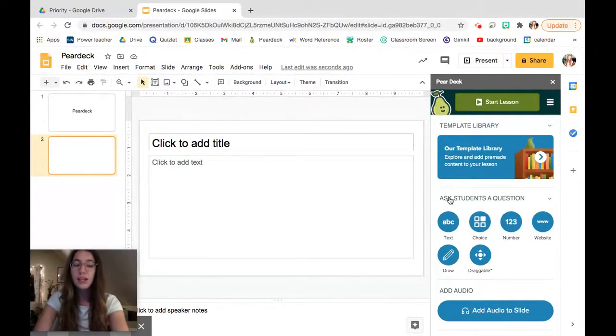As you can see on the right-hand side, we have a number of different question types that we can ask students. The first is the text option. This is my most commonly used feature, and I think it's a great way to have students interact with your material in class, whether that be direct instruction that you're teaching for the first time, or if you're practicing and perfecting new material. This is really effective because if you have the premium feature, during the lesson, you can scroll